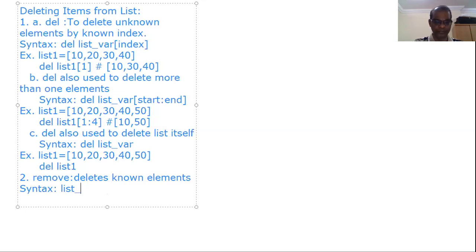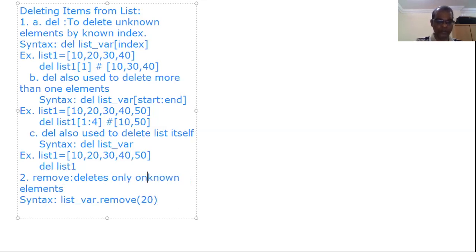List variable dot remove of, we have to specify the element, or 20 we can specify. Only one known element. With the help of del, we can delete more than one element, whereas remove deletes only one known element at a time.